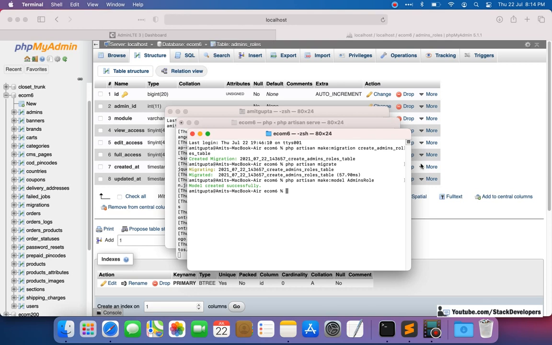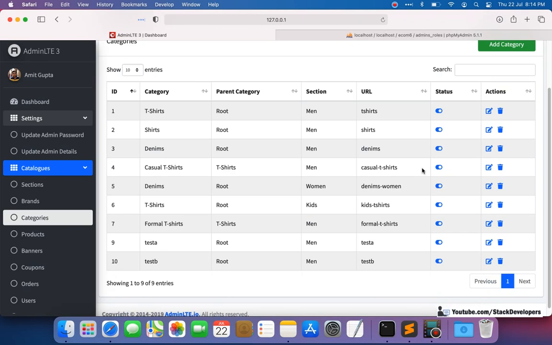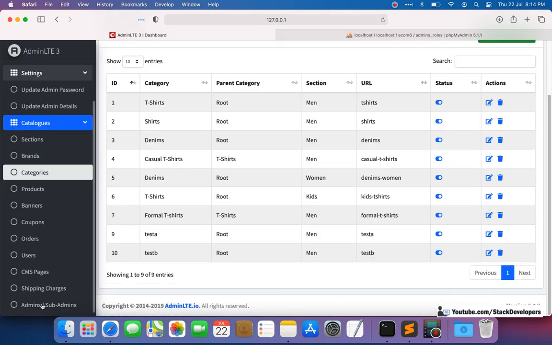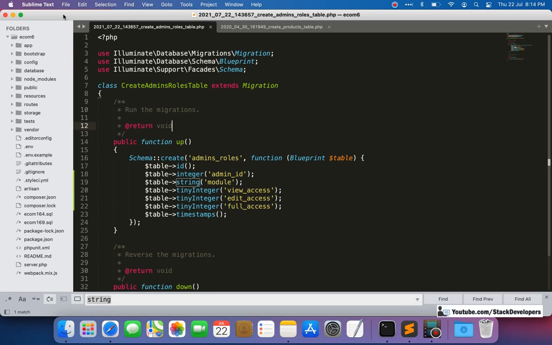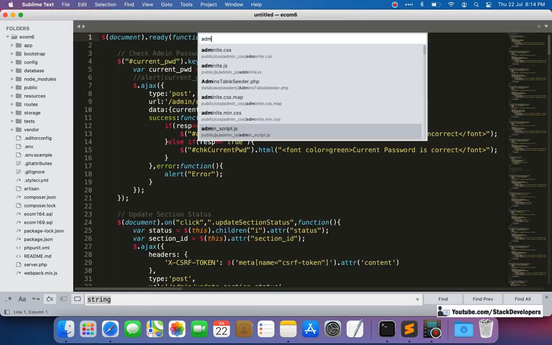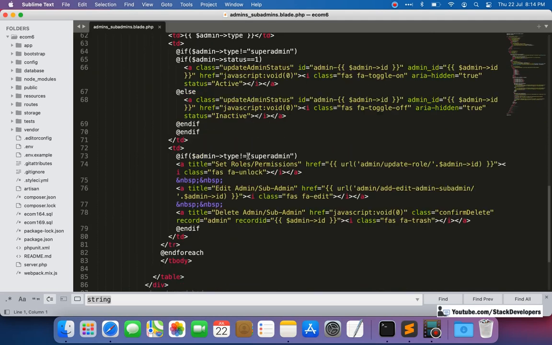After creating the model, we will make sure that we have already provided the link in the admin subadmin file. We are going to give the link of update role, the route that we are going to create. I'm going to close this one and open the admin subadmin file, and here we have already given admin/update-role/ then admin id.